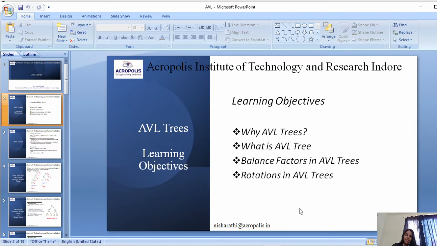The agenda of this lecture is to discuss why there is a need for an AVL tree if an equivalent efficient binary search tree is available. What exactly is an AVL tree and what are its different characteristics? Balance factors, which are considered the backbone of AVL tree balancing, and the rotations involved in the